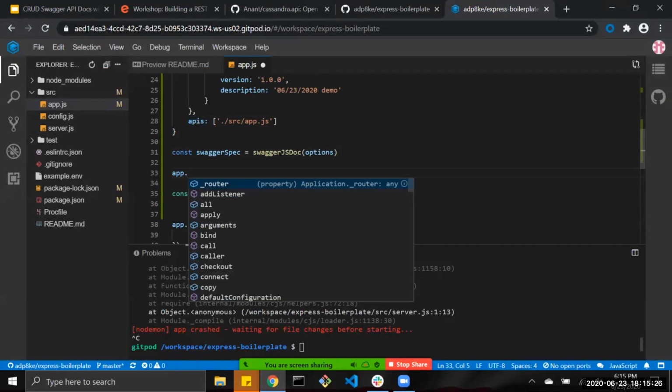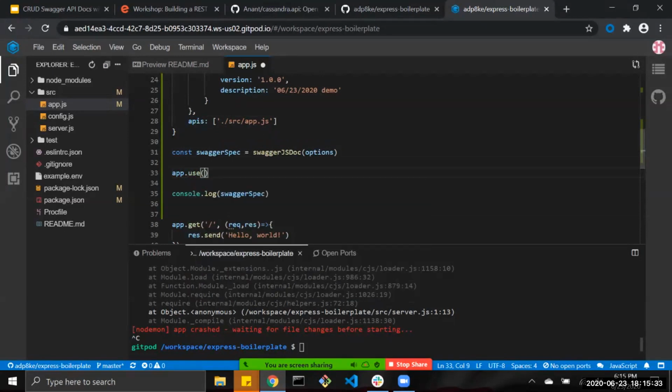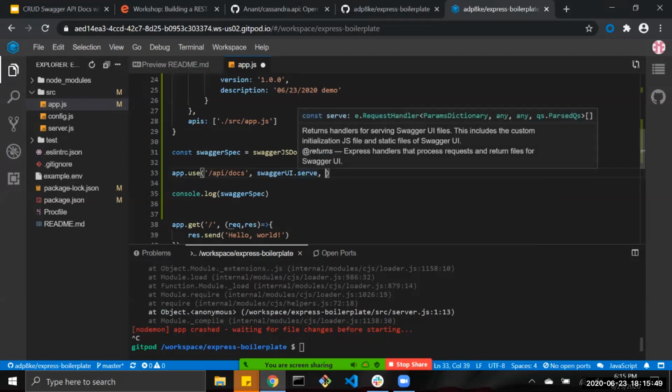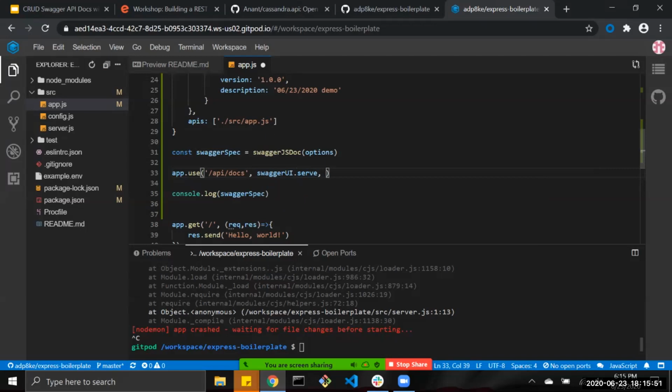So to serve these docs, what we'll need to do is app.use, and then we'll set in a path. So we'll just say API/docs. And then within there, we'll also need to pass in Swagger UI.serve. And essentially what that does is handles the Swagger UI files, and then we'll need to pass in Swagger spec